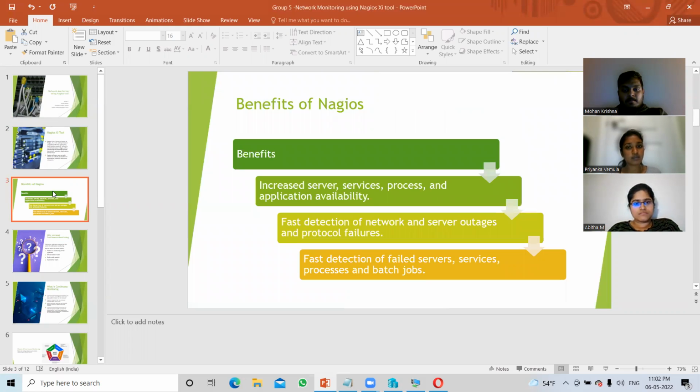Here the first and foremost benefit is that it detects network and server outages, and it also detects failed server services and batch process jobs. It also increases server, services, process and application availability by monitoring these services. Coming to the next slide,